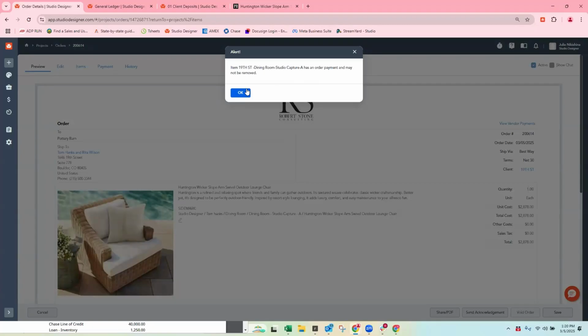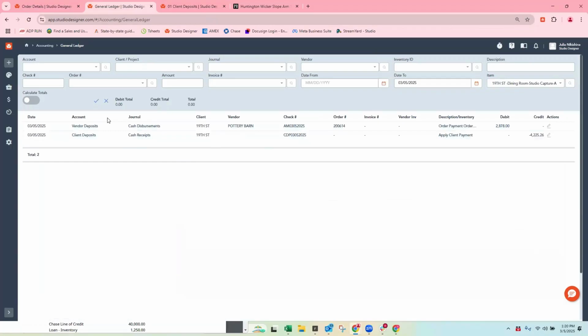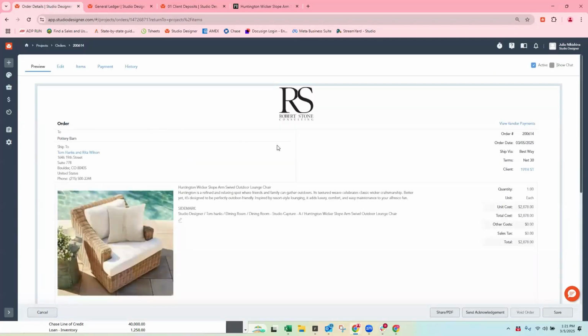But the reason you can't void the PO when there's a payment applied to it is because there's these general ledger entries. So no, you have to follow the item flow, the item workflow, and the accounting entries. So Sage, as an example, is a relatively robust accounting software, Sage and Peachtree. Deltek is the same for the architecture field. There are safeguards in place to ensure that the accounting entries are aligned. So we triggered vendor deposits. If you would like to void a purchase order, you need to remove the vendor deposit first.